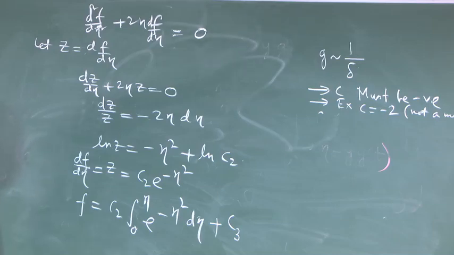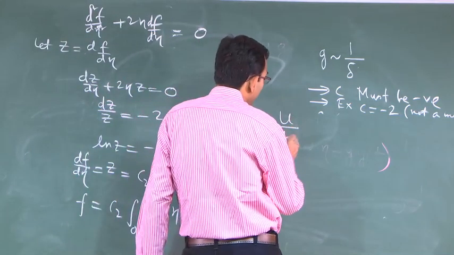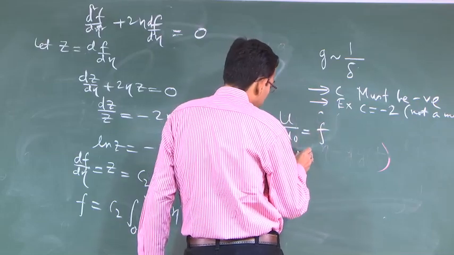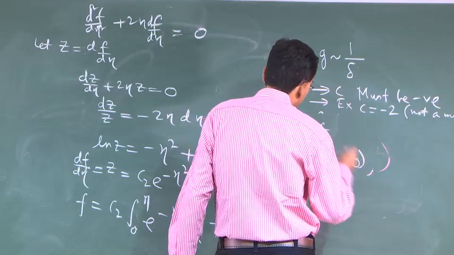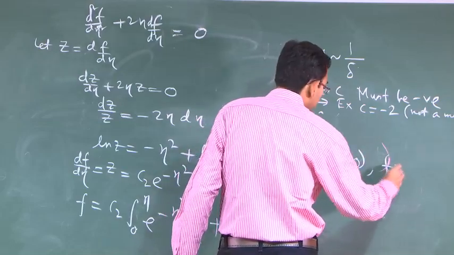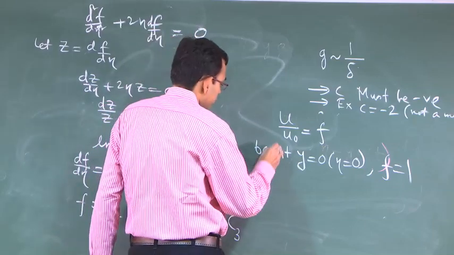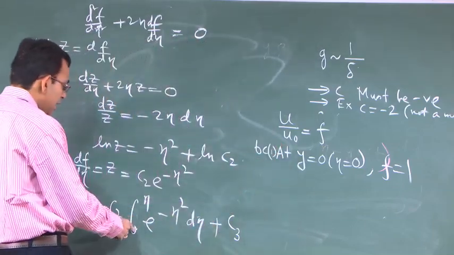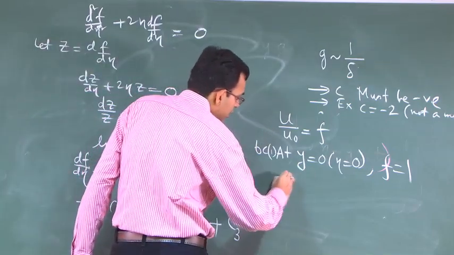Now, how do you get C2 and C3? So, first of all you recall that u by u0 is f. So, at y is equal to 0, which is equivalent to eta is equal to 0, you have u equal to u0, that is f equal to 1. This is one boundary condition. So, at eta equal to 0, if you put f equal to 1, that means you will get C3 equal to 1,